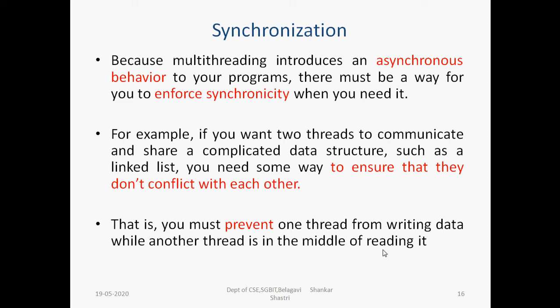We don't know how the operating system allocates the CPU time, how the operating system allocates the other resources to the threads. So based on the availability, all threads start execution. So there must be some synchronization. If some synchronization is there, then only you will get the proper results. Otherwise it is very difficult. See, in slide number 16, if you want 2 threads to communicate and share a complicated data structure, you make a program and ask 2 threads to share data. If you ask the 2 threads to share the same data structure, then there may be a problem.